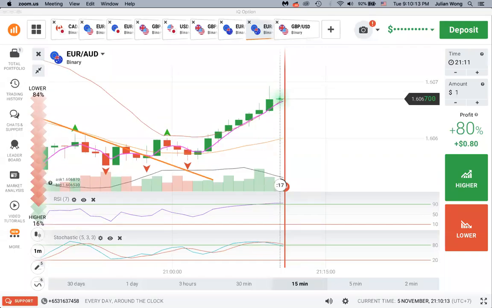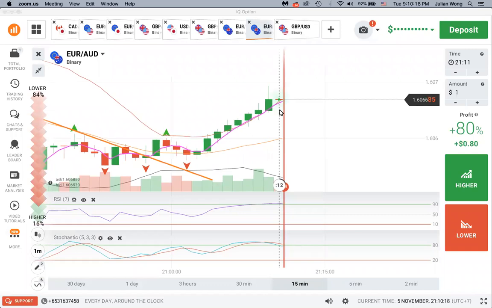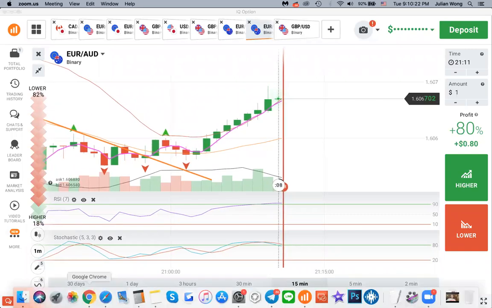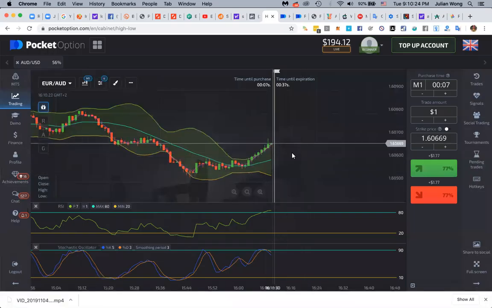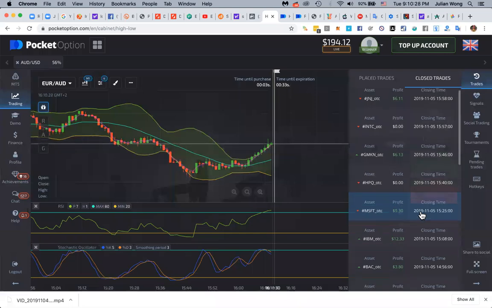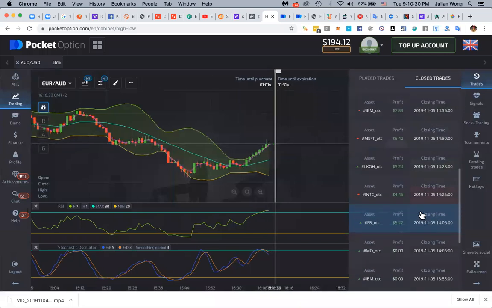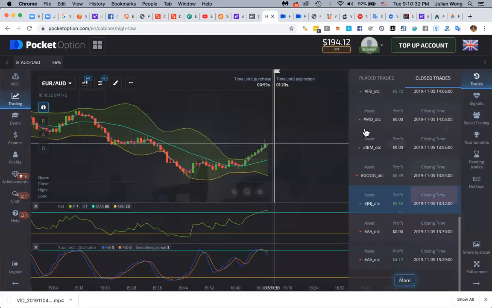I've been doing a couple of videos on copy trading on my YouTube, so look out, I'll be putting out a series on that for whoever is interested. The platform will be Pocket Option, which is this one. And actually all these trades are not my trades. These are all copied trades. And it's quite interesting, kind of fun.